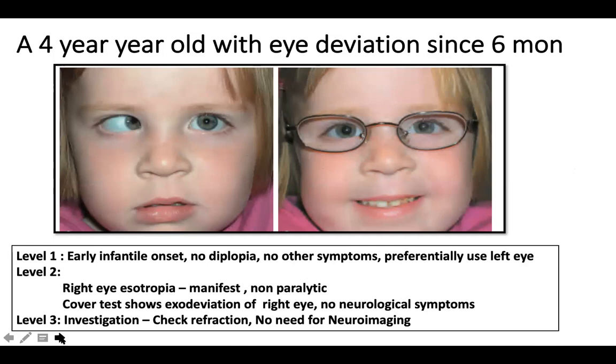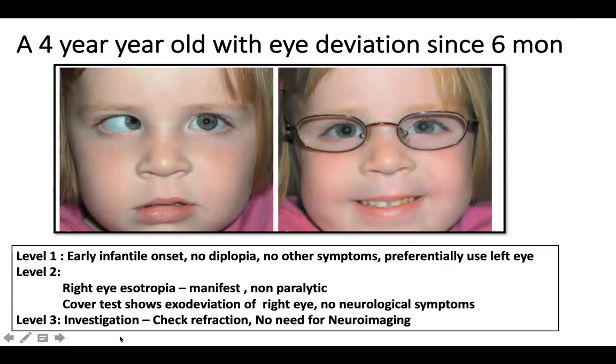There is a significant risk of amblyopia if you do not treat a squint for more than 6 years. So preferably the eye which has the squint should be encouraged to move by patching the normal eye. This is the principle of patching. Otherwise, the eye which does not move becomes lazy or amblyopic. The cover deviation here shows an exodeviation of the right eye.